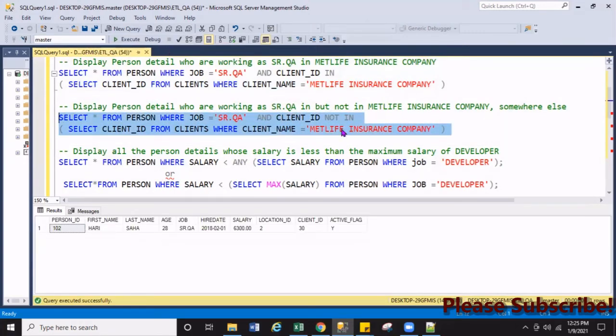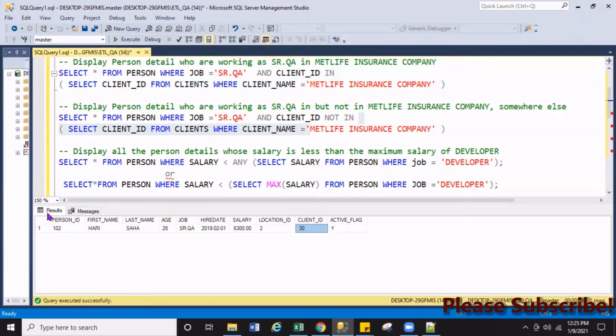See here, one person is working as a senior QA, but he's not working in MetLife. He may be working somewhere else. See, Hari Sai is working as a senior QA, but his client ID is 30. Let's see what client ID 30 means.